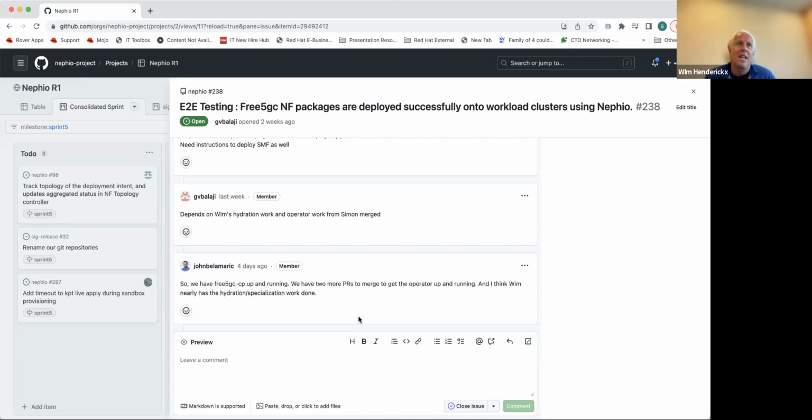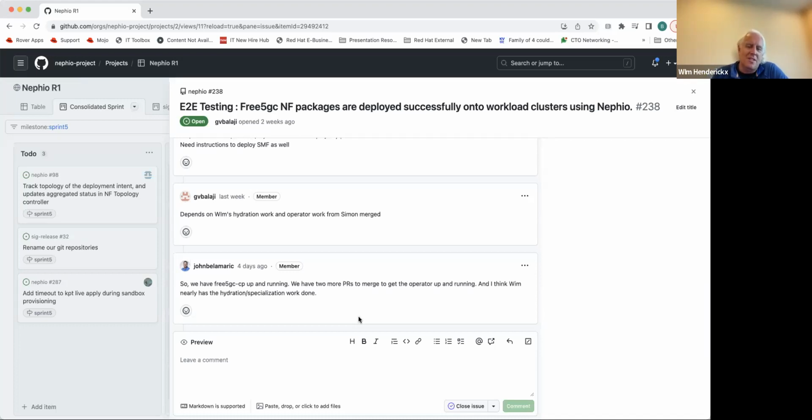Because if you deploy the UPF package and the SMF and the AMF package, we inject the workload cluster inside of these packages. And that means that unless there is a cluster deployed, it will not work. It will not inject that resource because that resource is not available. So that's a dependency that we have. So that's why I was advocating on the sequence.